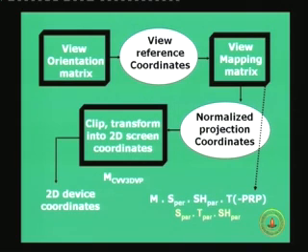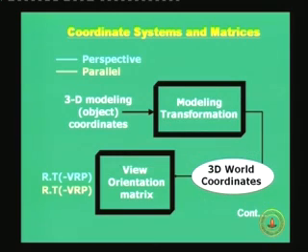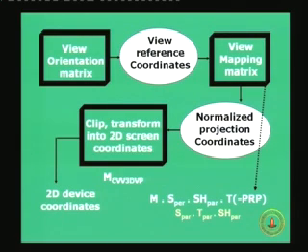So the view orientation matrix has the R and T matrices, and it will generate what we call the view reference coordinates. The dark black boxes talk of the matrices, and the elliptical areas talk about the coordinates at different stages, the outputs at different stages. If I go back, you started with the modeling object coordinates, you move to world coordinates. After that, the view orientation matrix will generate the view reference coordinates,